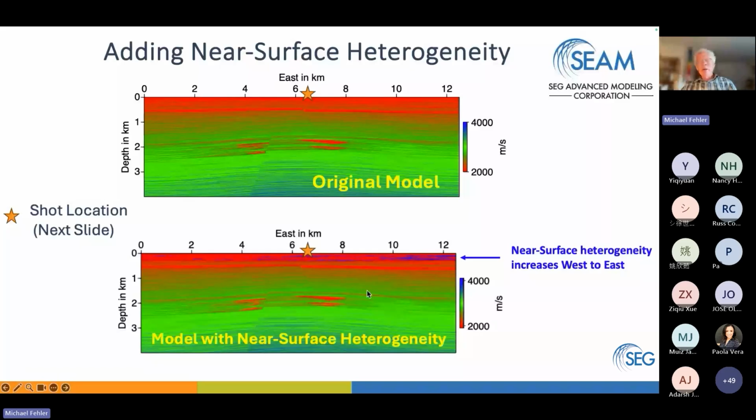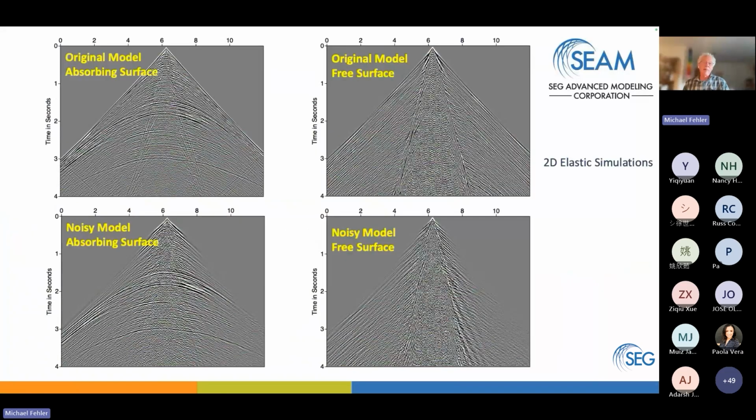And just to give you an idea of what this will do, Joe, Stephanie, and I have looked at probably 50 or 60 models and done more than 100 migrations in 2D, trying to evaluate different realizations of near surface heterogeneity and how they influence the quality of the image we get. And I'm only going to show you the model that we've landed on, and that's this one. But I'll show you first some gathers in this model, as well as some images that we get in 2D, because in 2D we can do a simulation and imaging overnight, pretty much.